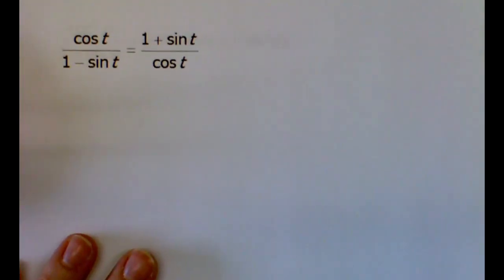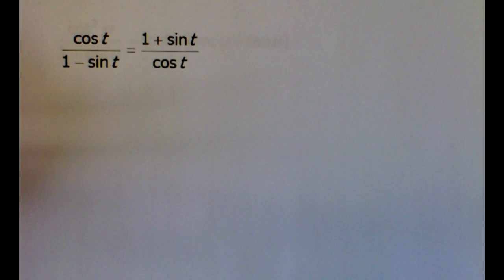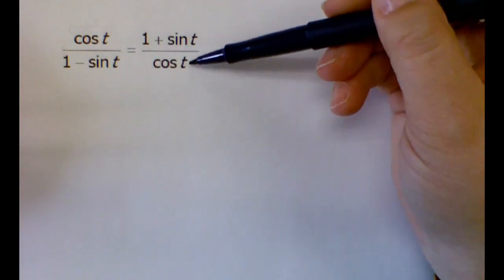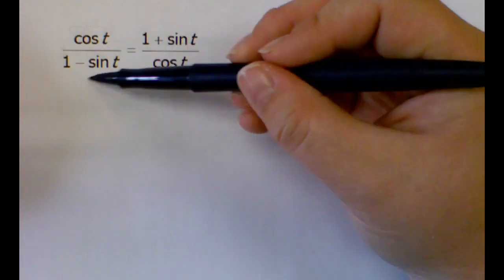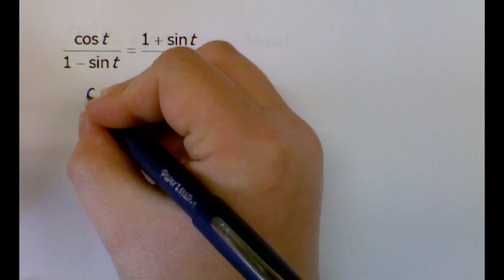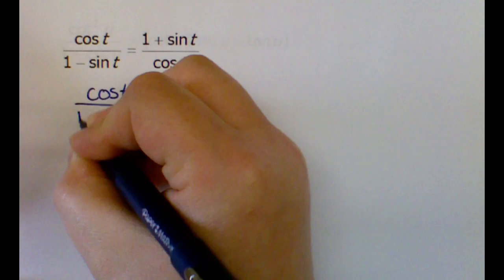All right. Very similar type of problem, but my fractions are on opposite sides. This one does not have a simpler side. Choose one of them to work with. All right? I personally want to work with the left. I know that in order to turn a 1 minus sine into a cosine, I need to make this into a cosine squared by multiplying by the conjugate. So I'm going to take that left-hand side,